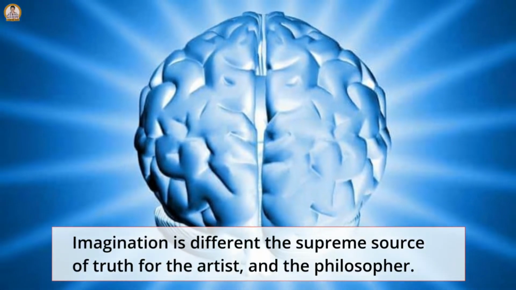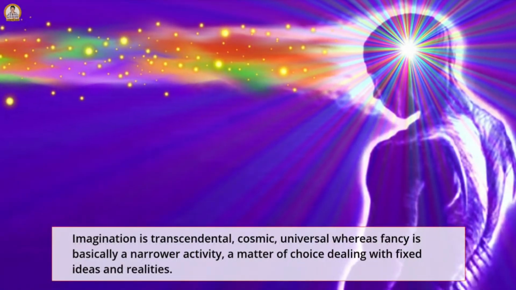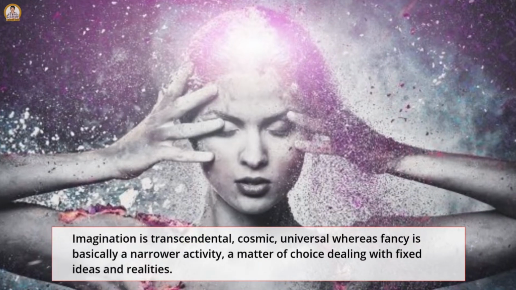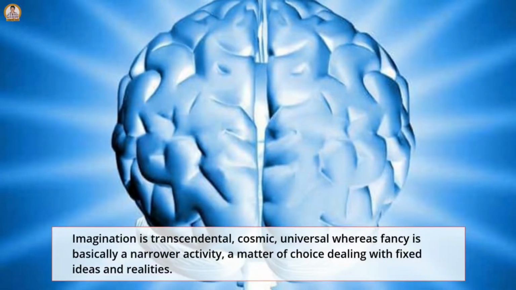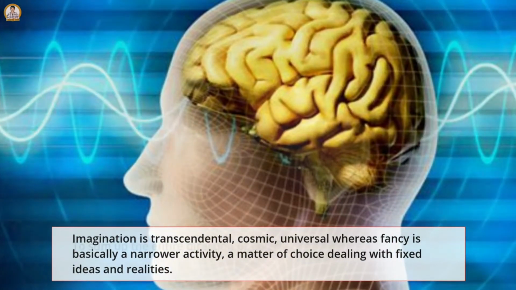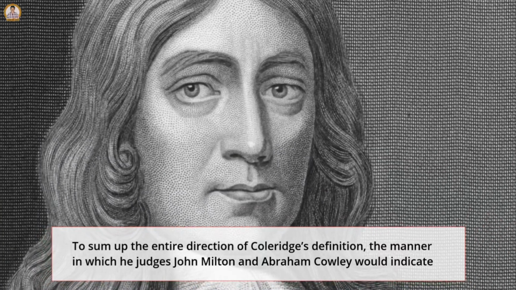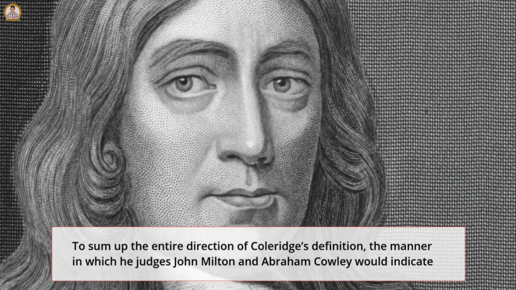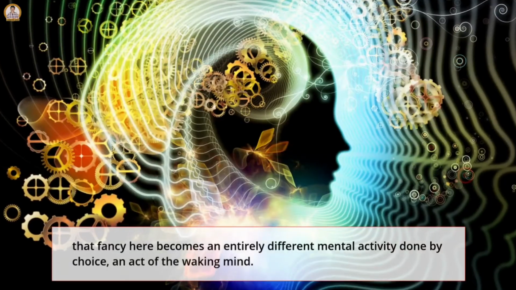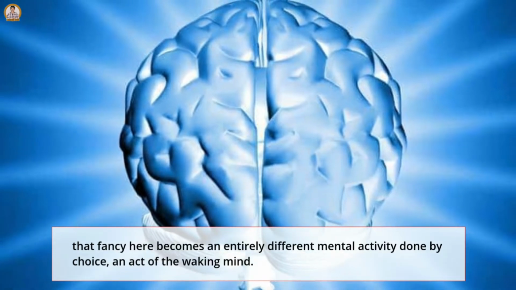Imagination is different, the supreme source of truth for the artist and the philosopher. Imagination is transcendental, cosmic, universal, whereas fancy is basically a narrower activity, a matter of choice dealing with fixed ideas and realities. To sum up the entire direction of Coleridge's definition, the manner in which he judges John Milton and Abraham Cowley would indicate that fancy here becomes an entirely different mental activity